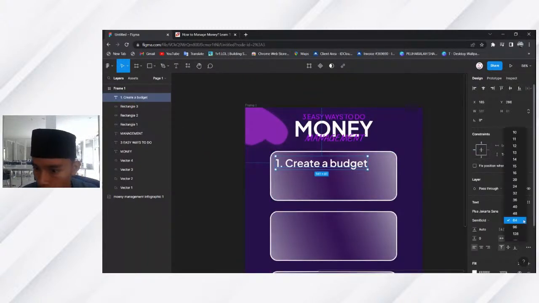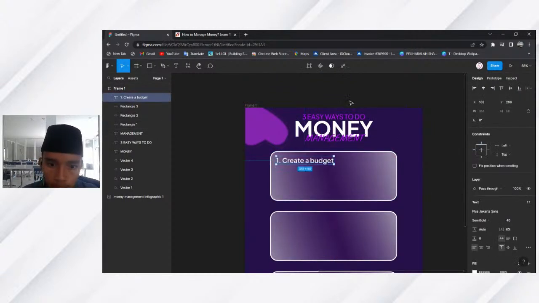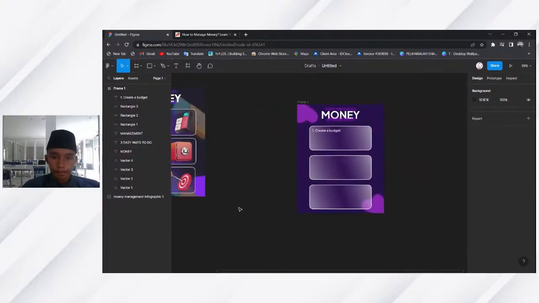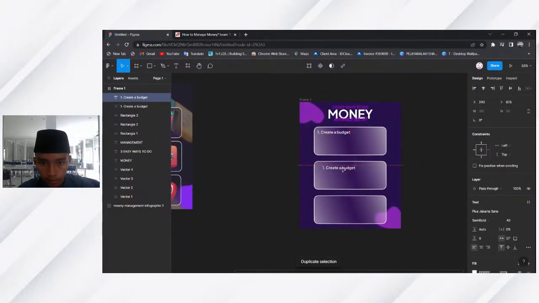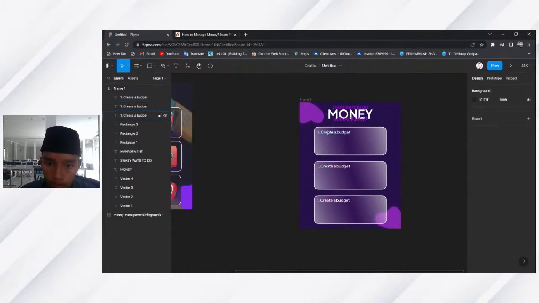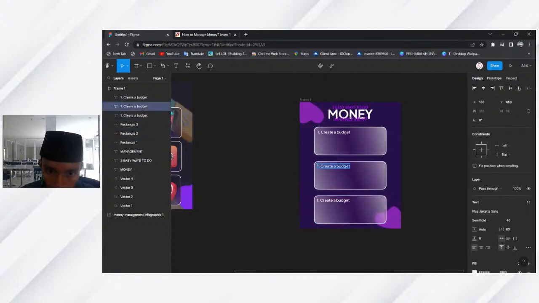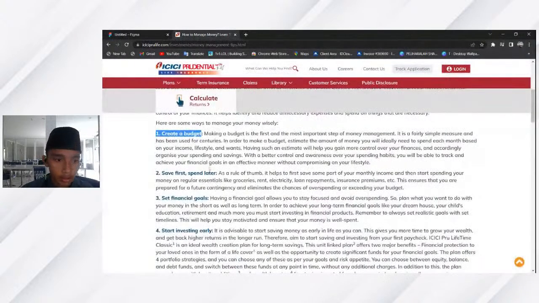Okay, so it's too big, and we'll resize it to 40 and put this right over here. And just duplicate this and put it on the rectangle below and Control D that again. Now we have three of these, and then you just change the text here according to what is inside here.